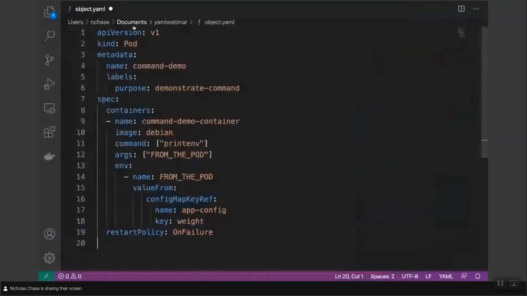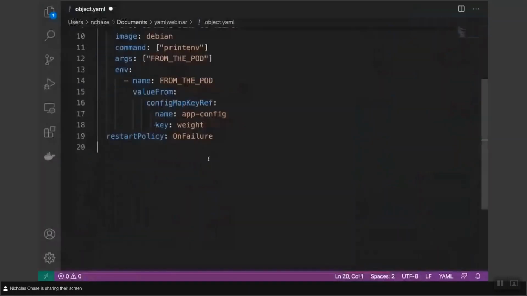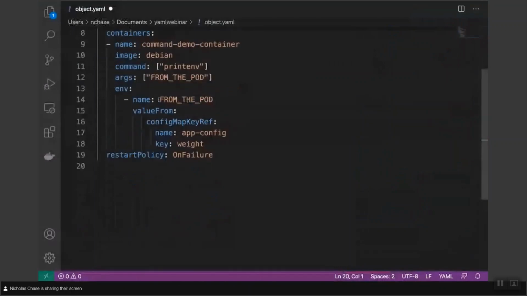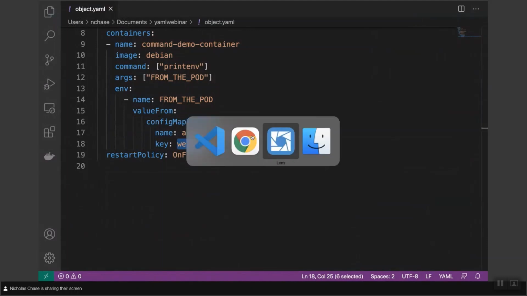So standard pod, same pod we had before, only instead of just specifying our environment variable from the pod, we are getting a value from a config map keyref. The name of the config map is app config, and the key that we want is wait. So if we save it and run it,